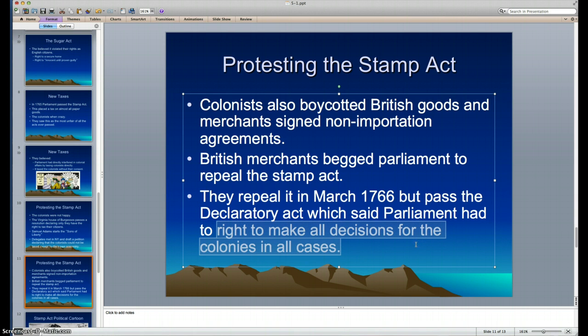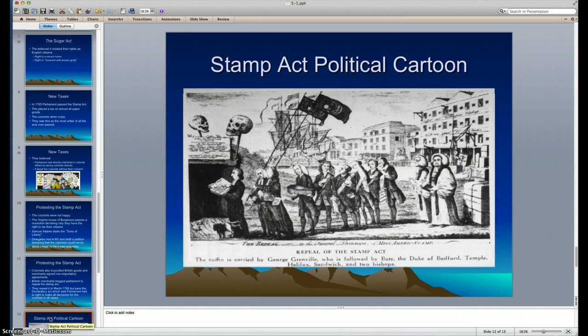So what Parliament is basically saying is we're going to repeal the Stamp Act, but we're going to also pass this law that now says we have the right to pass any law or tax we want in any case regarding the colonies, kind of cementing the idea that we control the colonies. And again, it's about control. They're not upset because of the money. They're upset because of the tax, or the control, rather, that Britain is trying to kind of